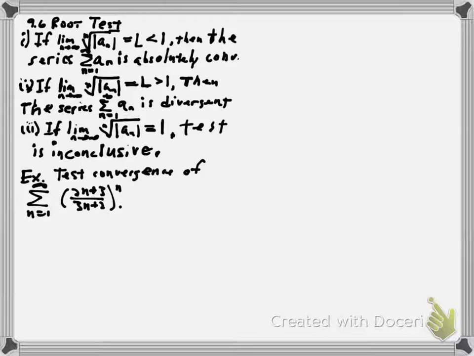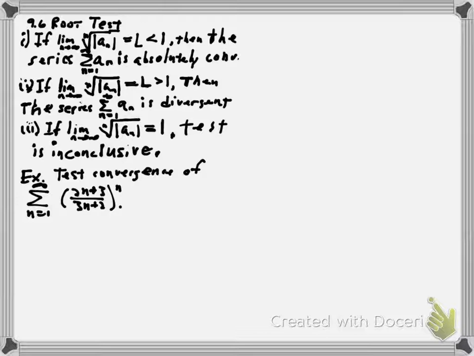One thing to note before we actually apply the test is that you might think, well, maybe we could compare this to the geometric series. Notice that for large n, what's in parentheses is roughly 2/3. If we wanted to compare to the geometric series where the ratio is 2/3, which we know would converge since 2/3 is less than 1,